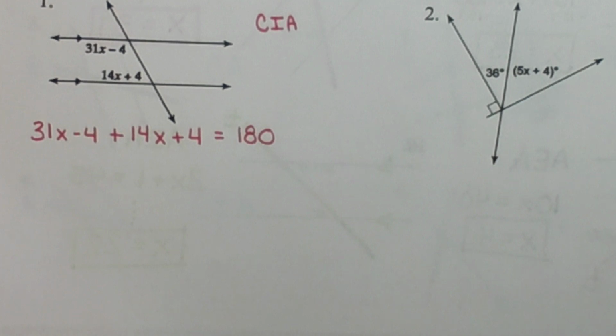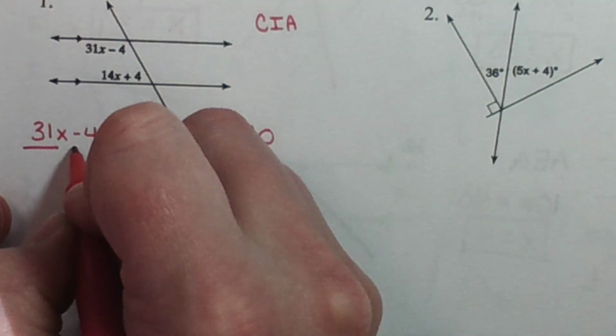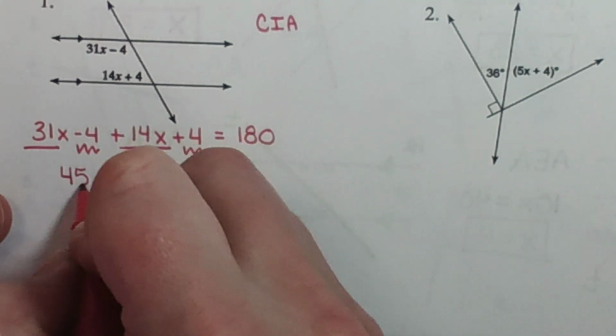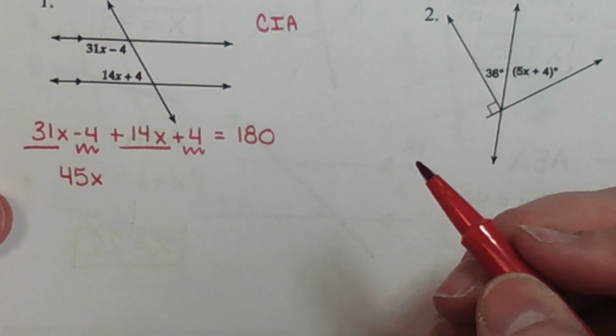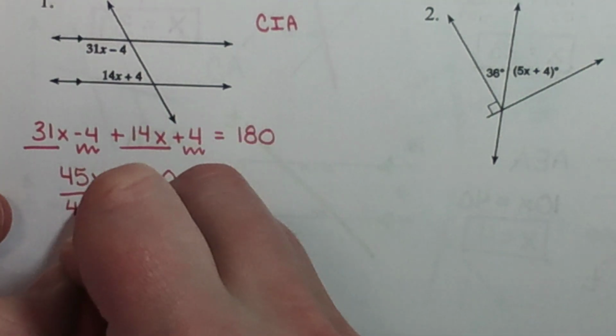So, 31x minus 4 plus 14x plus 4 is equal to 180 is what I've got. Lily, if I want to solve this, what would you tell me to do first? So I would subtract 14. Oh, but they're on the same side, so don't subtract it. Add it. We're combining like terms. 31x and 14x is 45x. What's negative 4 plus 4? 0. Equals 180. Divide by 45 and x is